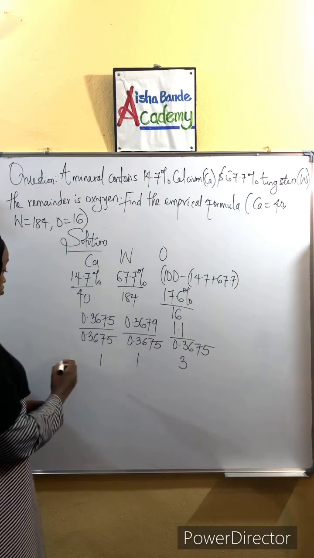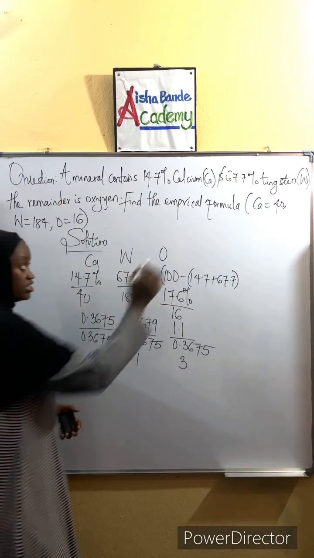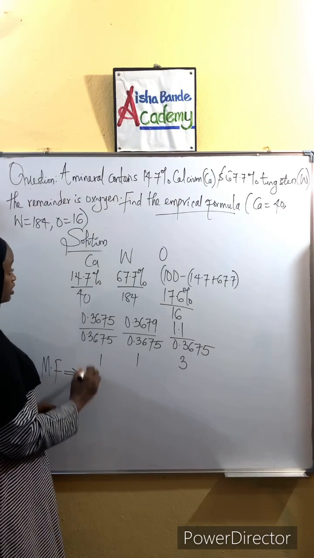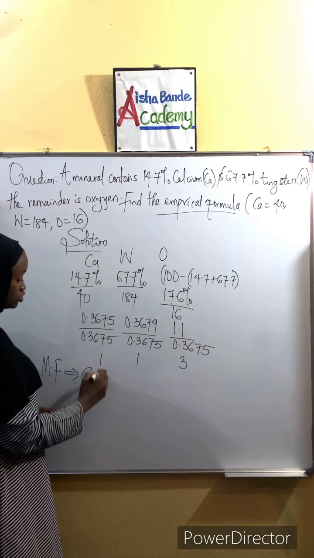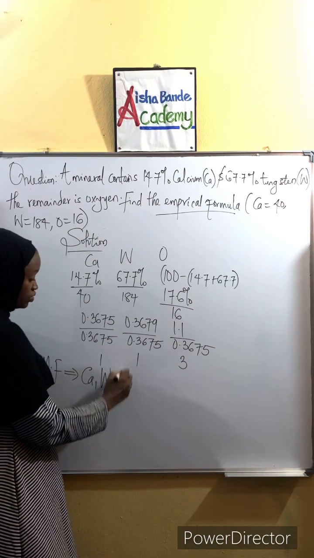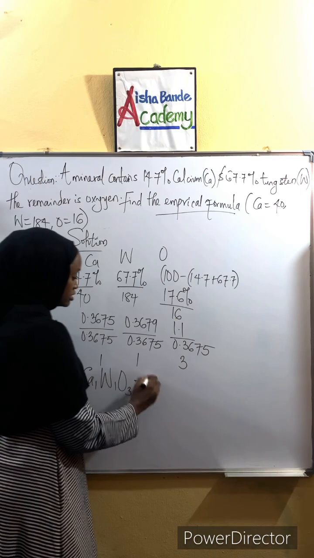Now from here, we are asked to find the empirical formula. So the formula is going to be: calcium is 1, tungsten is also 1, and oxygen is 3. So this is the same as saying